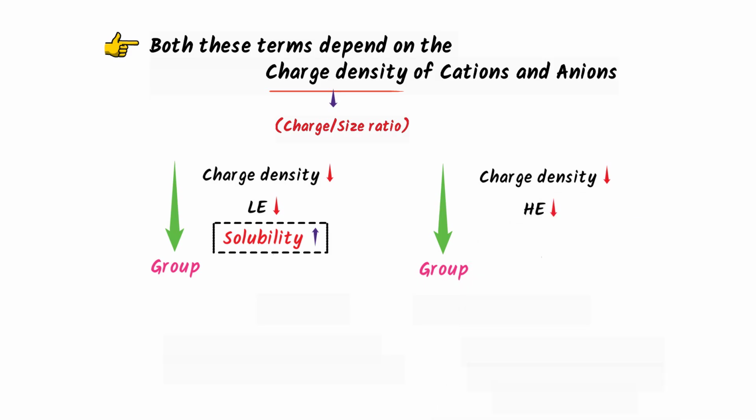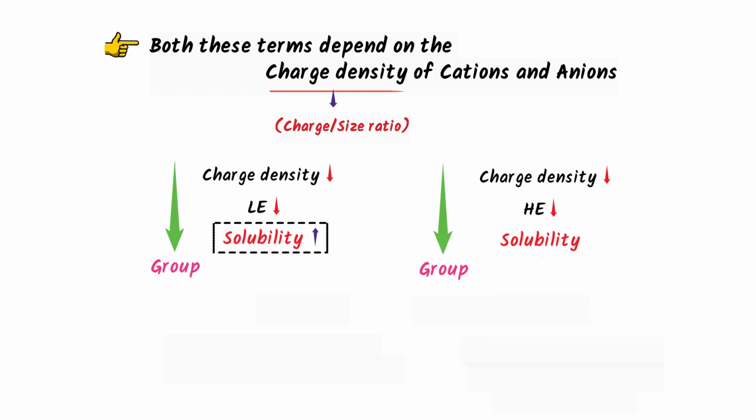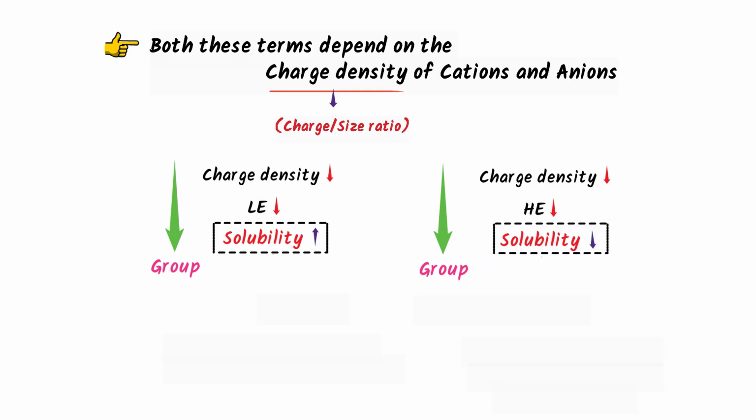This leads to the decrease in the solubility of that salt. Thus, we got an important result, that is, if lattice energy decreases, solubility will increase, and if hydration energy decreases, solubility will also decrease. Now, which among the two factors dominates will depend on the nature of the anion present in